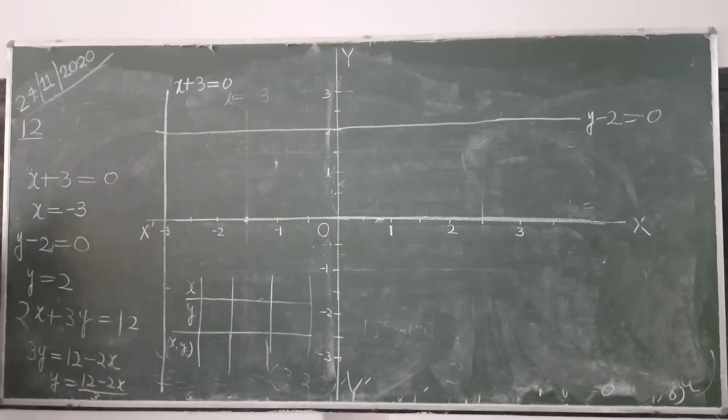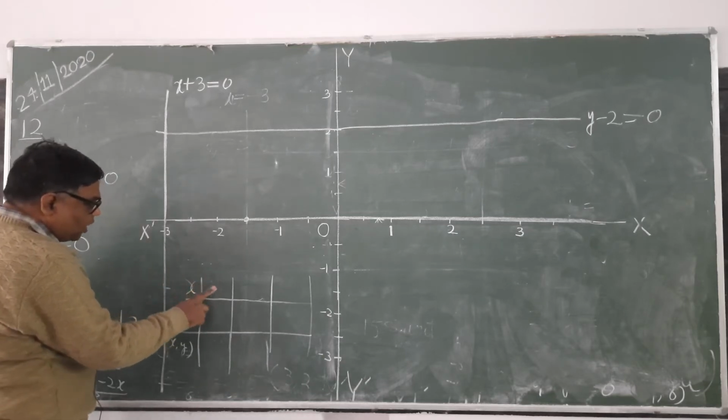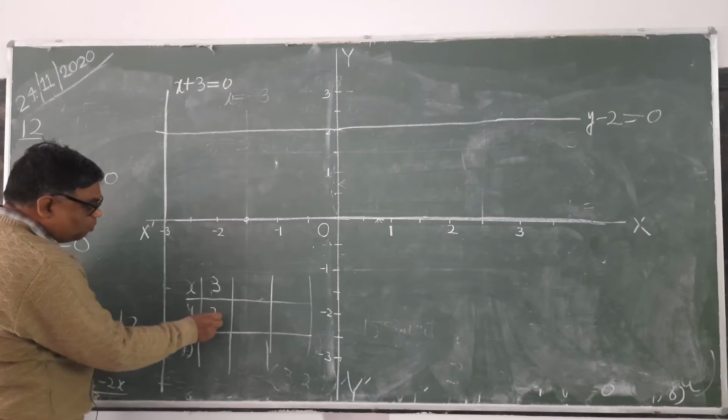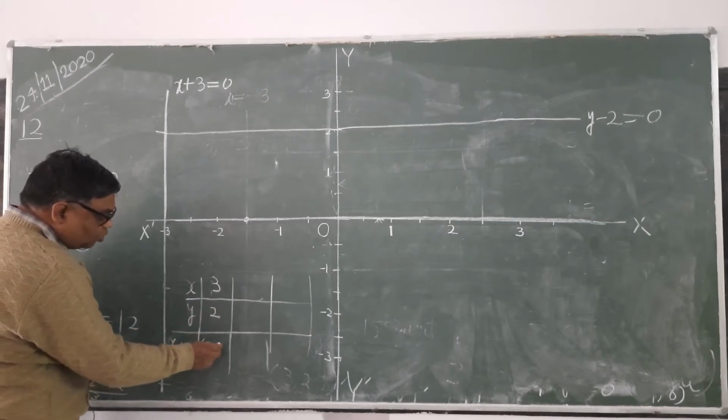Now, we will take the value of x such that the numerator comes in the table of 3. 3 1s are 3, 3 2s are 6, 3 3s are 9, like this. It's clear. So you take x equals to 3. When you will take x equals to 3, 2 into 3, 6. 12 minus 6, 6. 6 upon 3, 2. Here x is 3, so y is 2. Point is 3 comma 2.